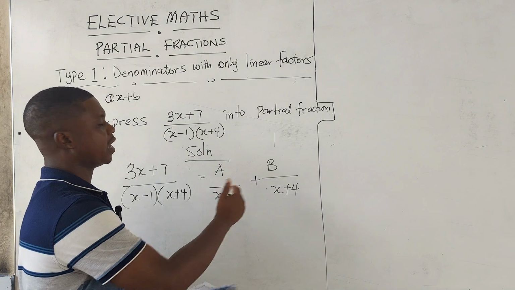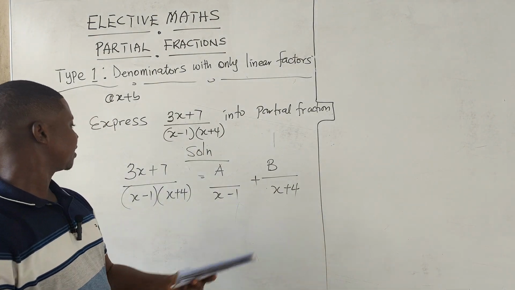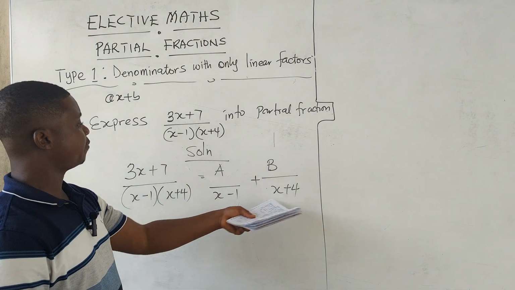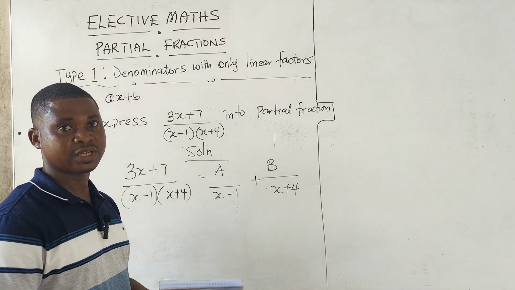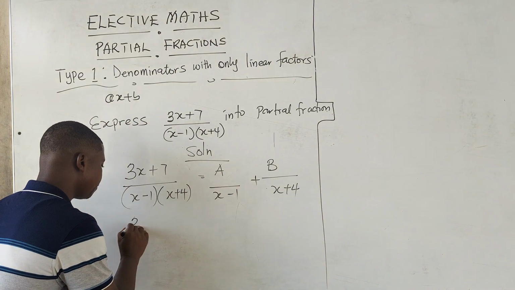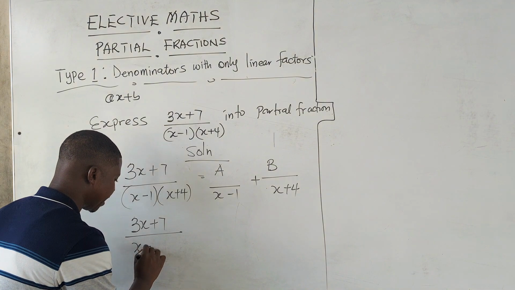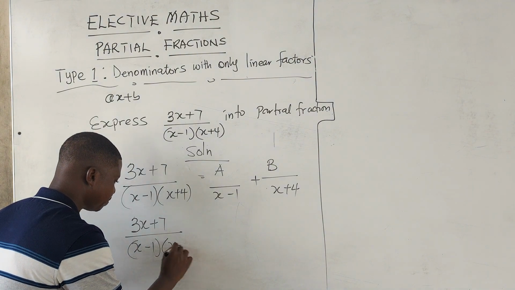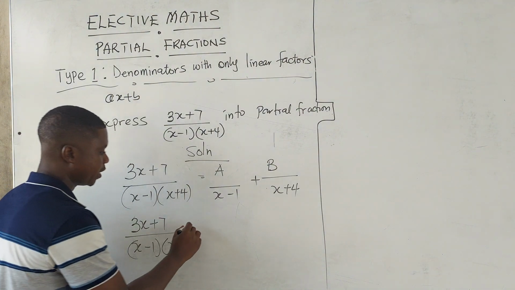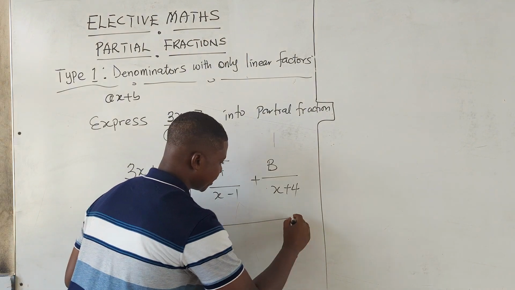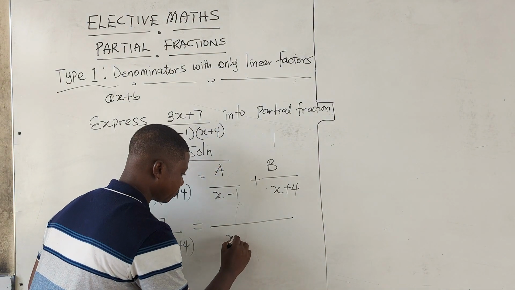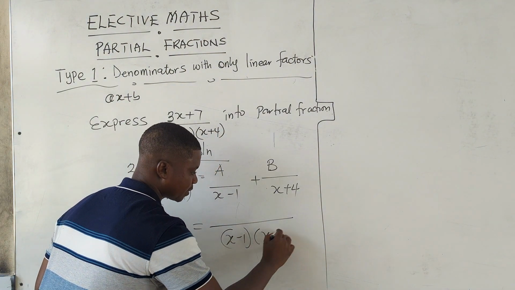Now we can find the LCM. So 3x plus 7 over (x minus 1)(x plus 4) is equal to, the LCM being (x minus 1)(x plus 4),